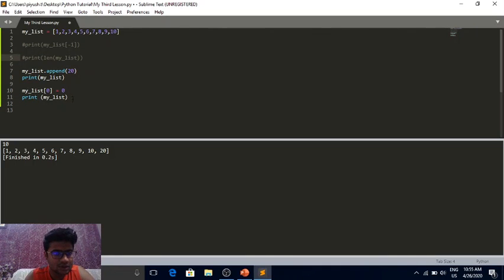And so the first print statement is going to give me the previous list, and the second print statement is going to give me the new list. As you'll see, the first index has been changed. So index 0, which is the first position in the list, has been modified. Well, this is really helpful, isn't it?